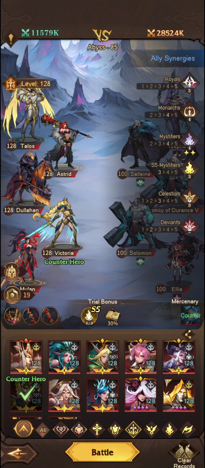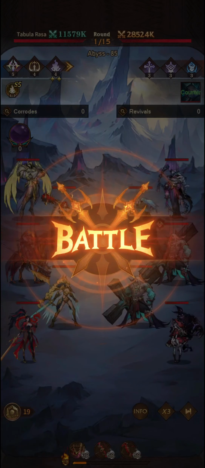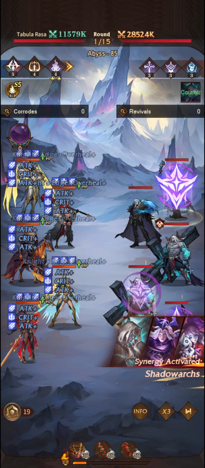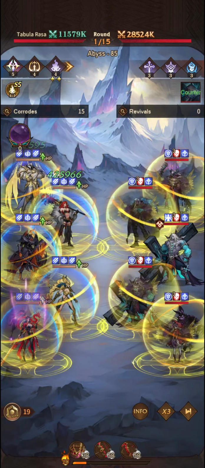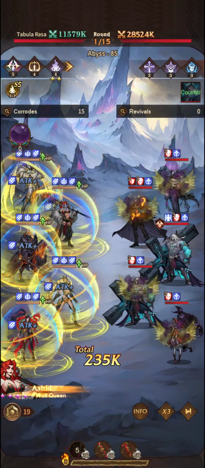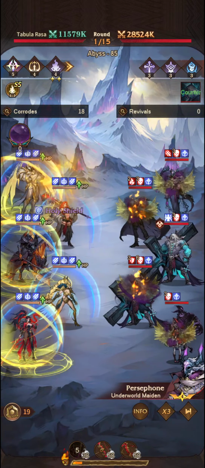We'll pop Victoria on the front row with Astrid, and we'll get these three, Talos, Dullahan, and Mulan, on the back just to do that damage. Now we still have the Mystifier's seasonal synergy active, so 3 out of 3, so we still get the 75% damage reduction as well. Now we did stun this Solomon. I think that's the corrode damage that does that, or it's one of the effects here. And what we want to do is as much burn damage as possible, as much AoE damage. So that's why I've put Victoria on this front row rather than on the back row,